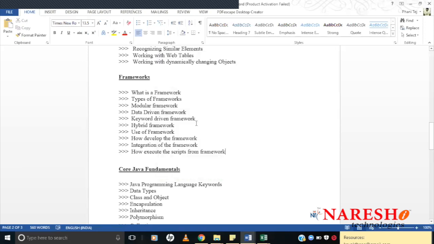As I was telling, frameworks are a very important part. In automation testing, when you're working with Selenium, every organization is going to follow a pattern or a framework. Frameworks are again an advanced level, not a beginner or amateur level. If you are able to design a framework, then that means you are at an advanced level using Selenium.